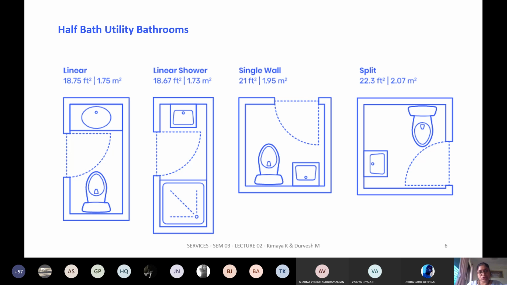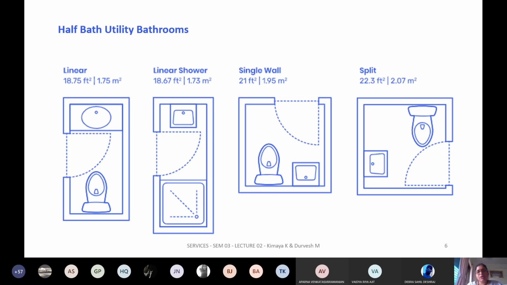Then there is something which is the linear shower. So when you have your shower area and your pots separate, it has to do with the way the Indian standard is. In olden days, your toilets were always separate from your bath areas. They were not together. So at that time, you go for these linear bathrooms so that you can tuck them next to each other.